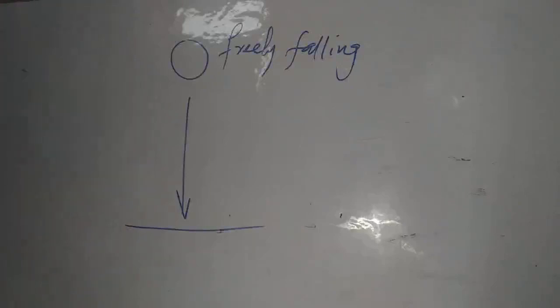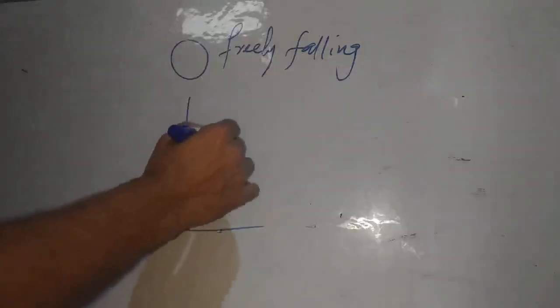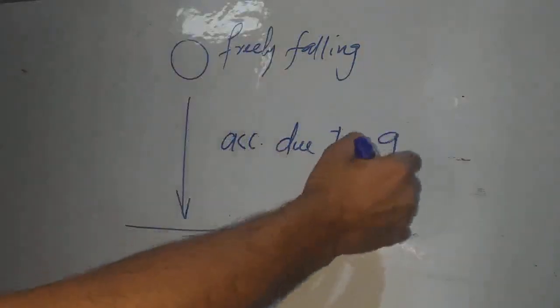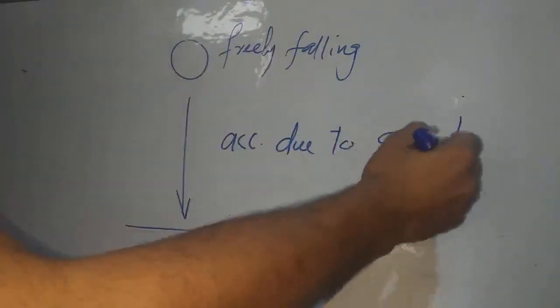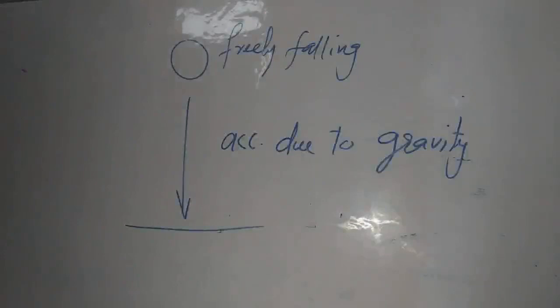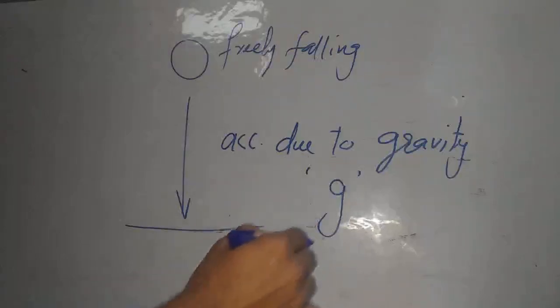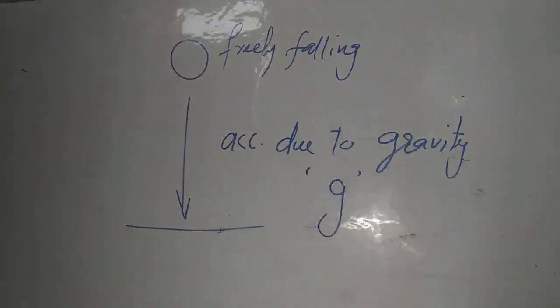And Earth's gravitational force is the cause of acceleration produced in the freely falling bodies, and therefore the acceleration produced is called acceleration due to gravity. तो इस acceleration को हम कहेंगे acceleration due to gravity, क्योंकि gravity की वजह से acceleration होती है, इसीलिए इसका नाम acceleration due to gravity पड़ गया, and it is denoted by small g. So small g denotes the acceleration due to gravity,